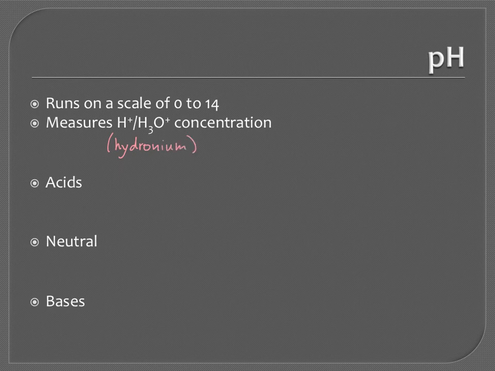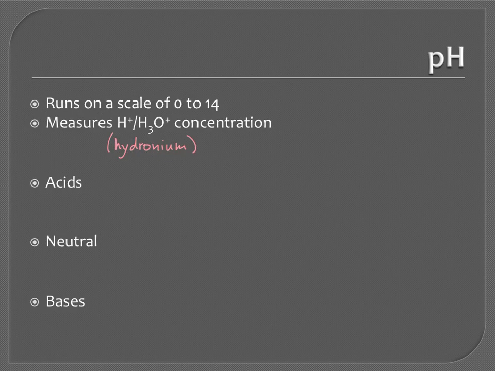Conversely, there's something called pOH, and it's the reverse of this. It measures the hydroxide ions. And it's still 0 to 14, but that's something we don't need to know. Because here, we mostly use pH. Acids and hydroniums matter. All right, so based on the scale, how do we know if something's acid, neutral, or